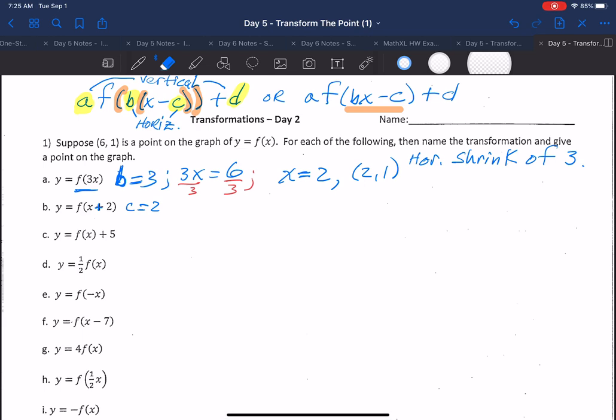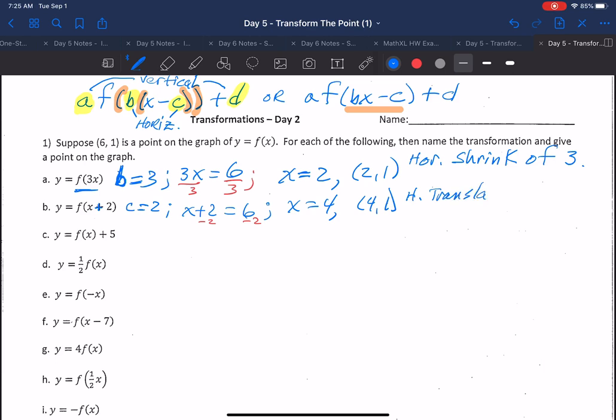So what I'm going to do here is write x plus 2 equals 6. And then I'm going to solve for x, minus 2, minus 2. So x equals 4. My transformed point is 4, 1. And it's a horizontal translation 2 units to the left. And it's to the left because it was a plus 2. If it was a minus 2, it would be to the right. Okay, in our next example,